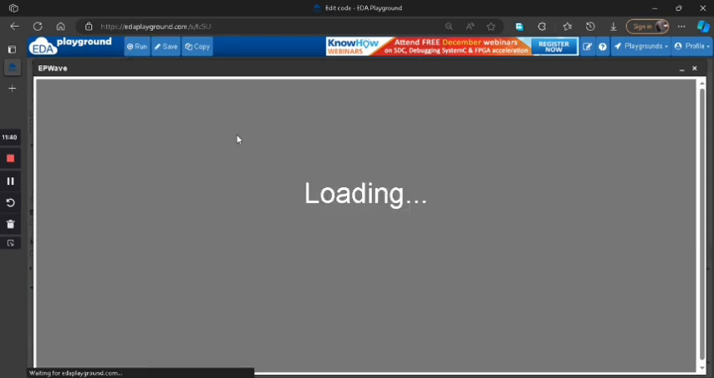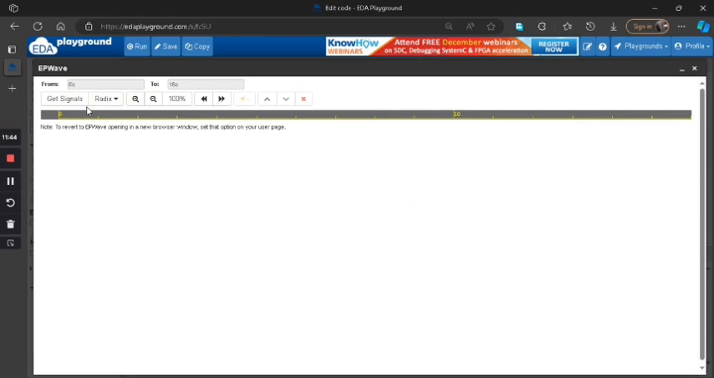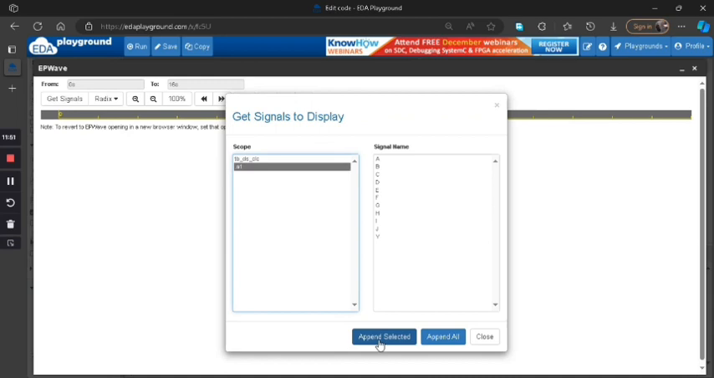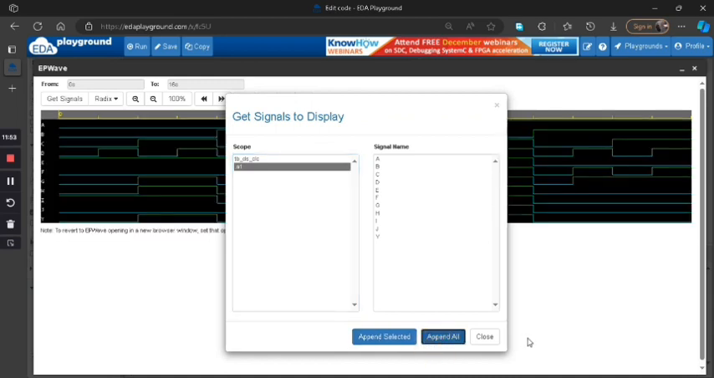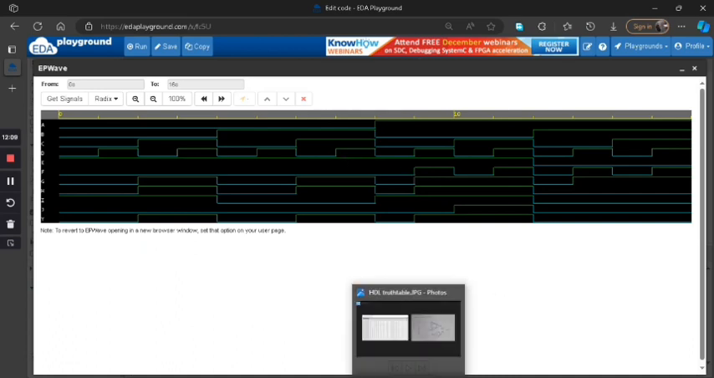So we have the EP wave, and let's get the signals from A1 and append them all. As you can see, this is the output of our test bench. This is the output of our design module, the design that we have created. To check if it's right,